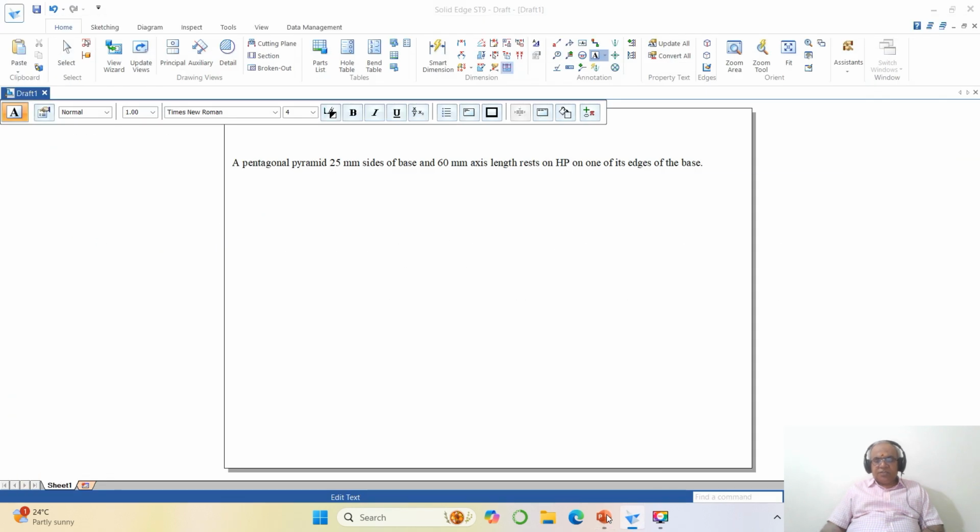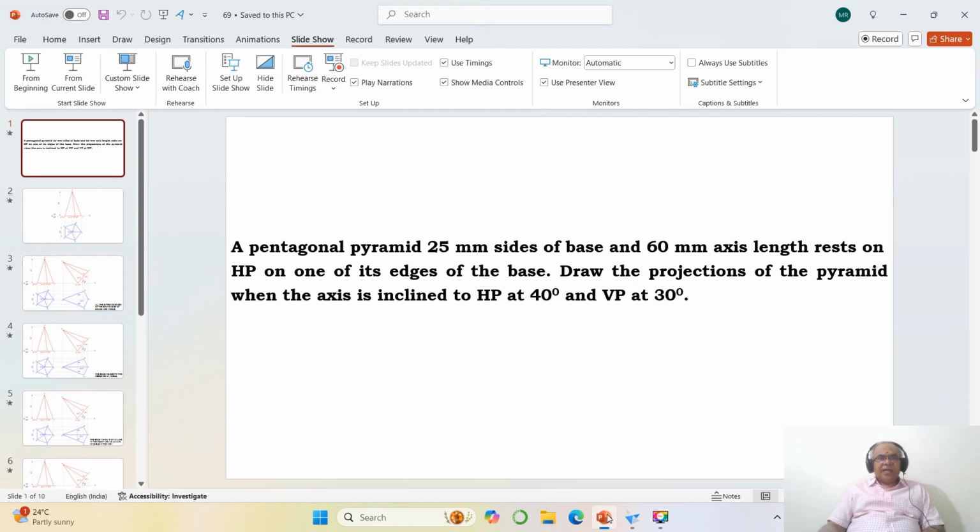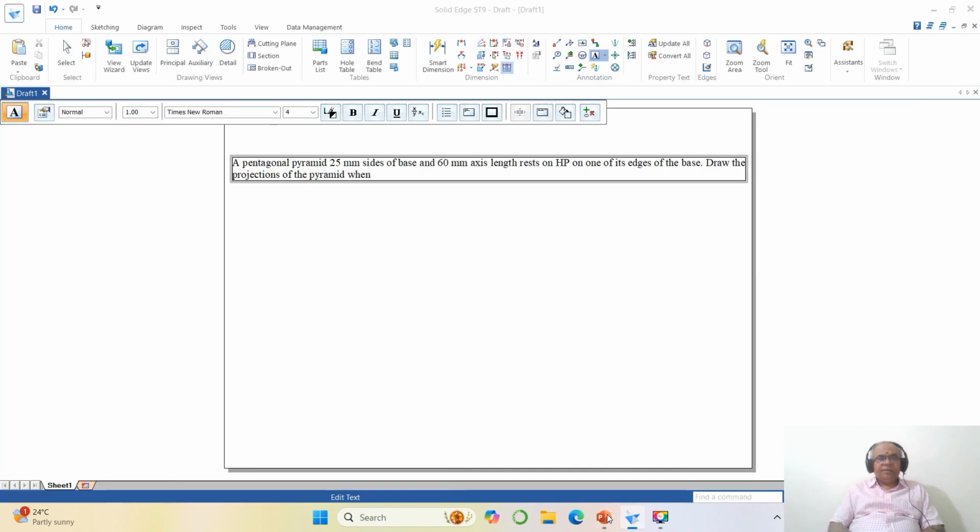Then draw the projections of the pyramid when the axis is inclined to HP